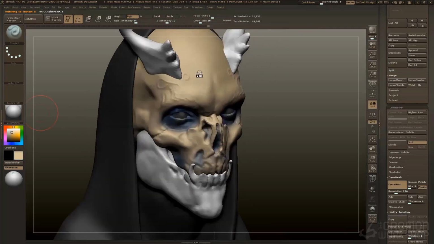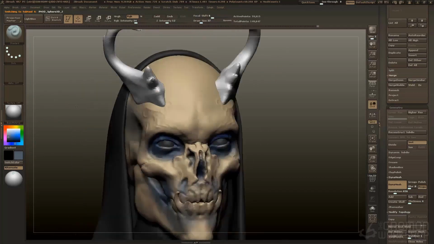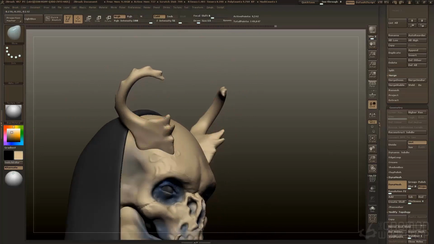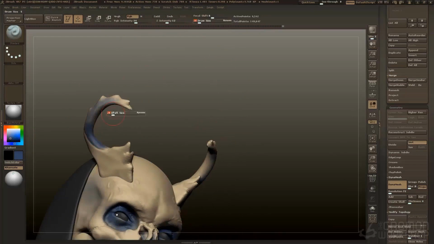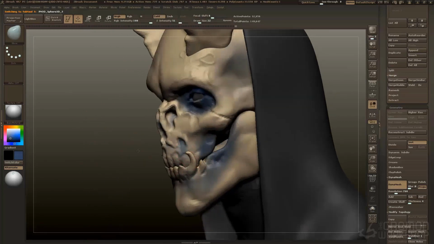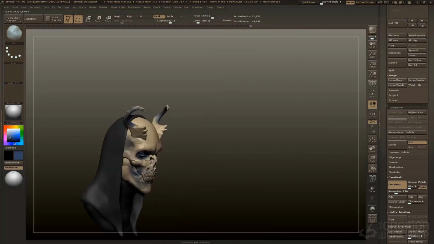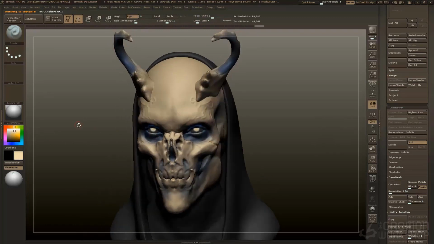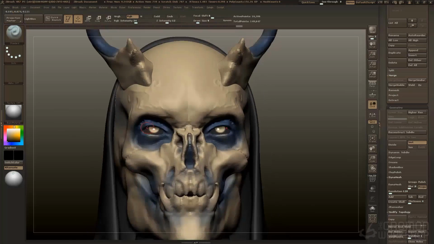And now, since I'm happier with the design of the skull, I'm going back and adding color information again. I think we talked a little bit about that early on, but that's something very important to me when you're designing. Again, you can get lost as a sculptor, just trying to sculpt something to look the best and be technically impressive and refined. But when you're designing, unless you have a concept or the design in your head exactly how it's going to be, it's very important to throw some colors in it, so you have a better idea